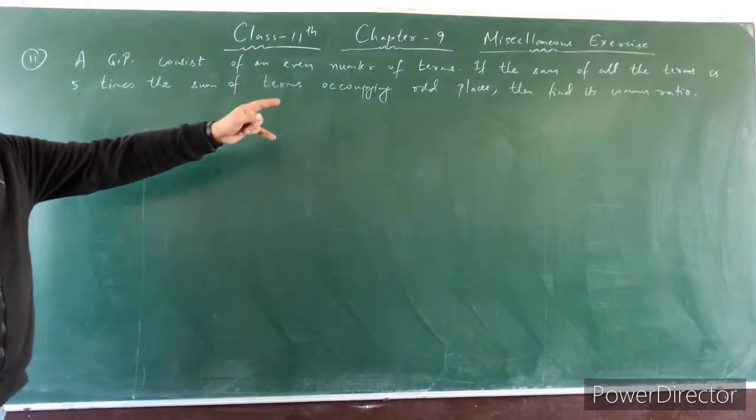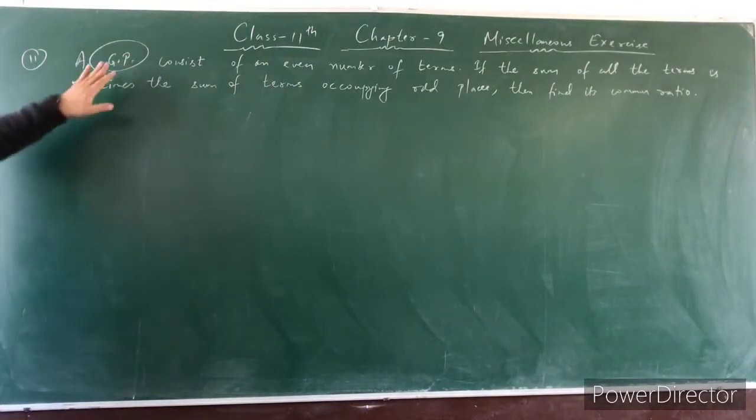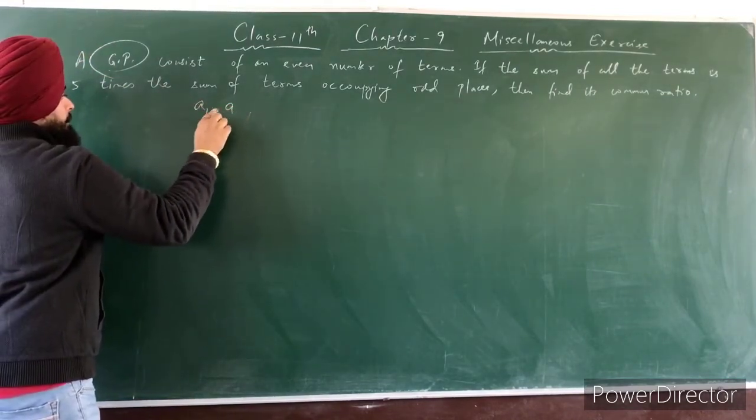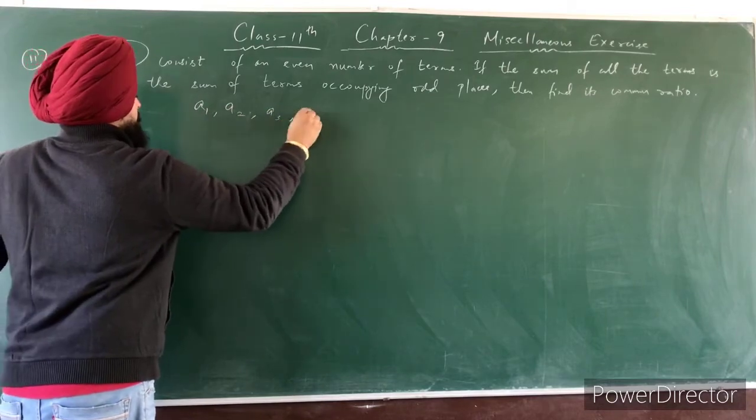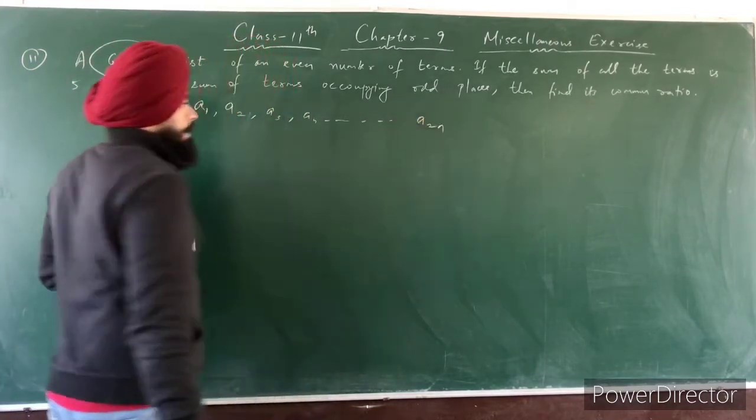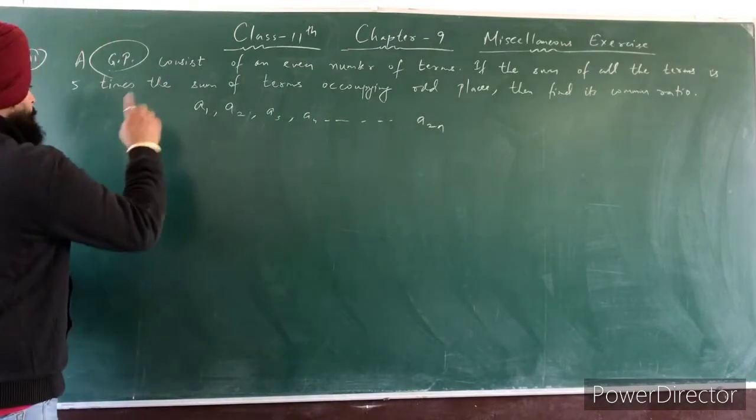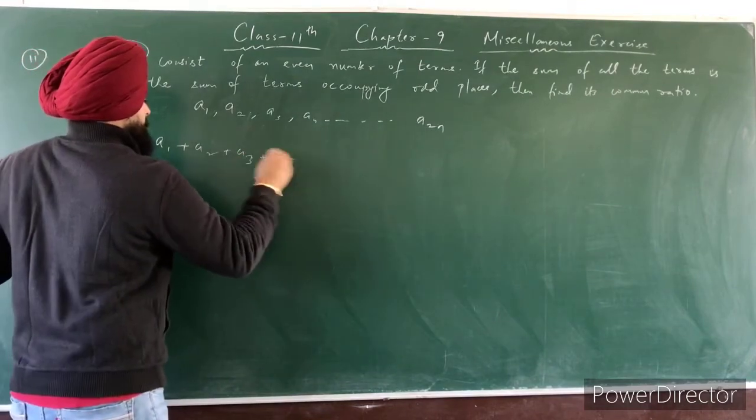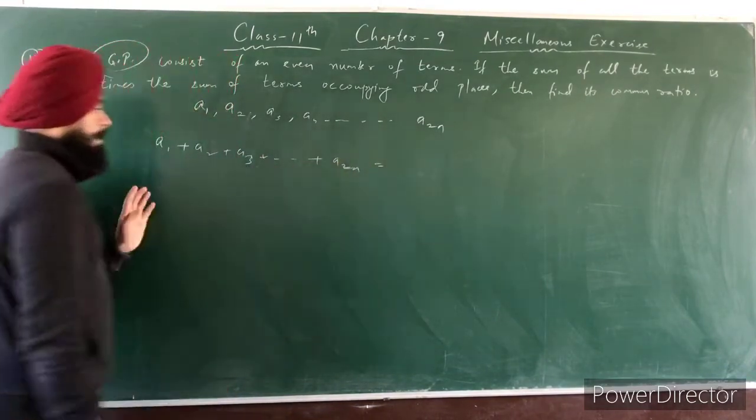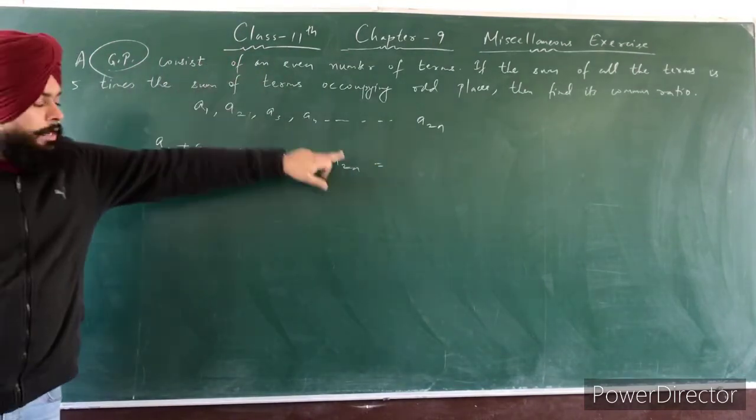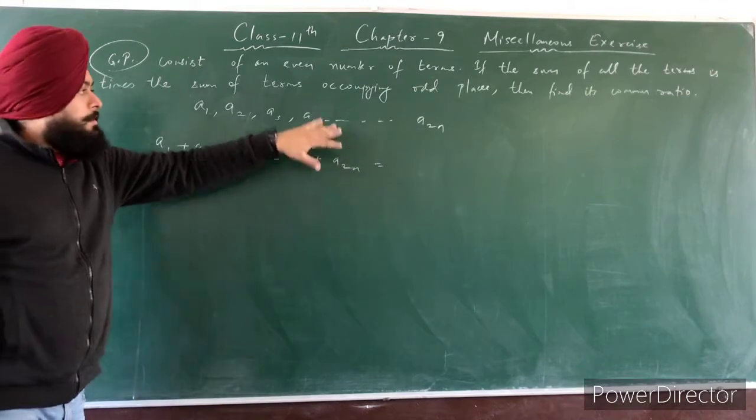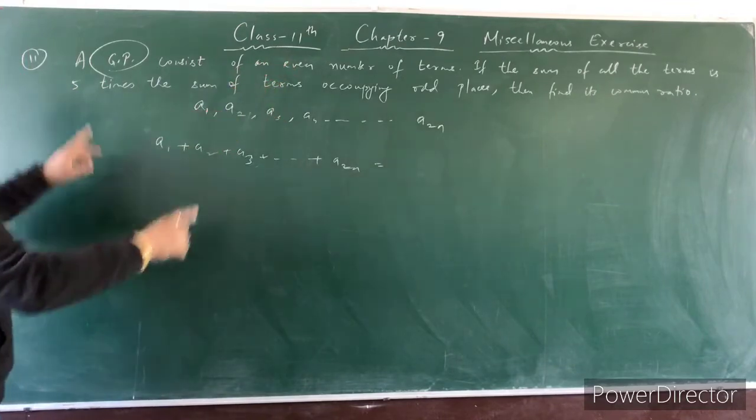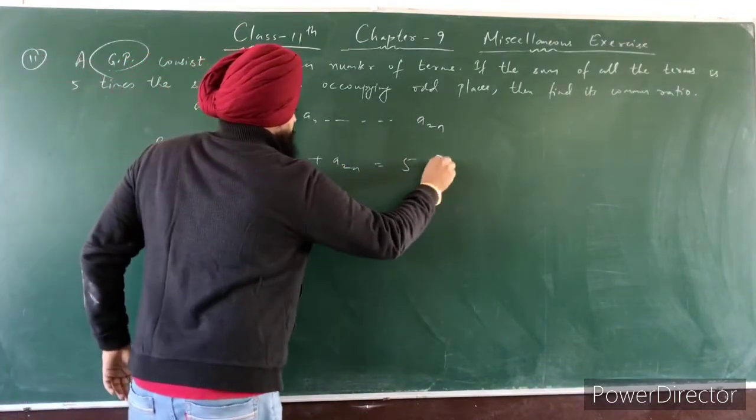It means you have to find the value of r. So the series is a GP series, meaning geometric progression. The first term is a1, second is a2, a3, and the last is a2n. The condition is: the sum of all the terms, from the first term to the last term, where the last term is a2n because the series has an even number of terms, is equal to 5 times